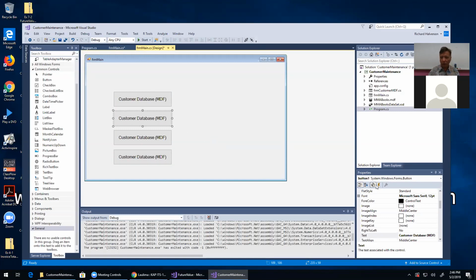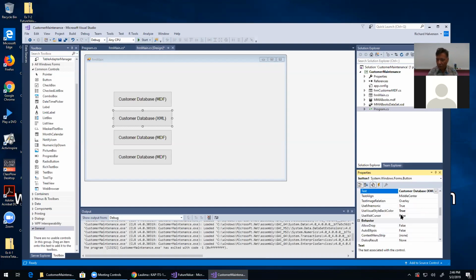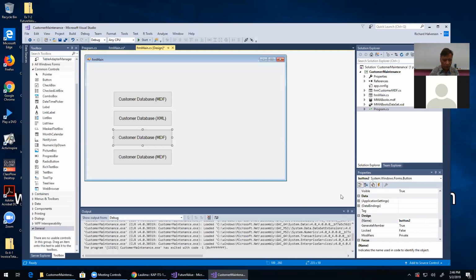So I'll make this one, button 1 can be XML, and the name can be BTN customers XML, and this one can be